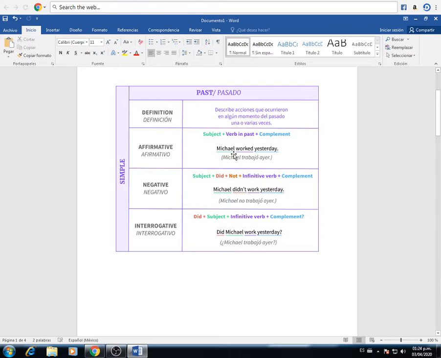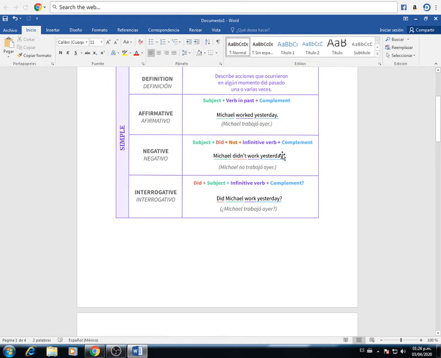For example, Michael worked yesterday. This is the affirmative form. Michael worked yesterday. This verb is a regular verb because you look at the ed, and the irregular verb changes